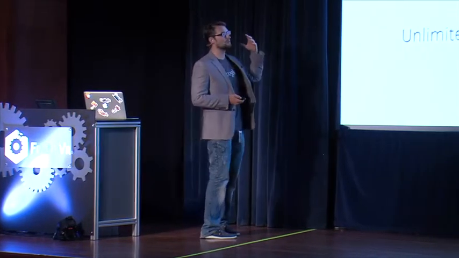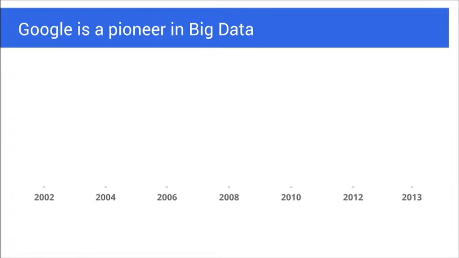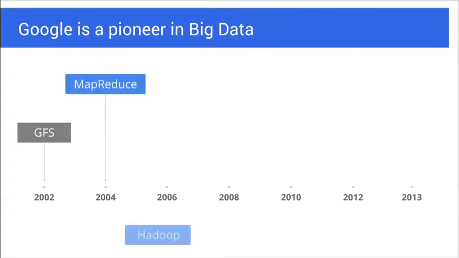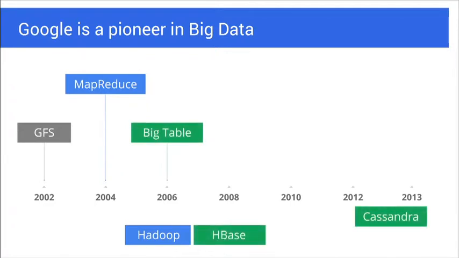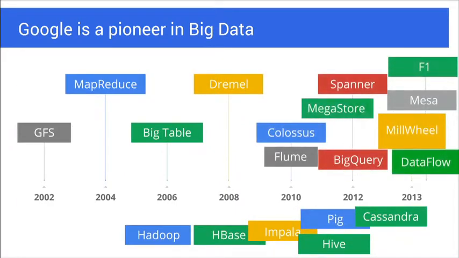And so once we have this infrastructure, we're able to solve big data problems a little bit differently than anybody else. And I'm sure most of you are familiar with some of these things, like Google File System and MapReduce, which essentially became Hadoop a couple of years later. And then things like Bigtable, which essentially became HBase, Cassandra, and so forth. And it goes on and on, things like Dremel, things like Colossus and Dataflow. So this is only accelerating. Google is designing a lot of stuff.